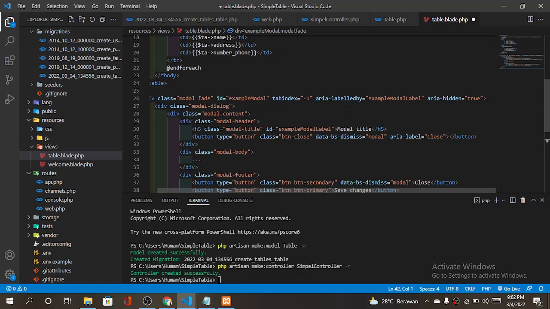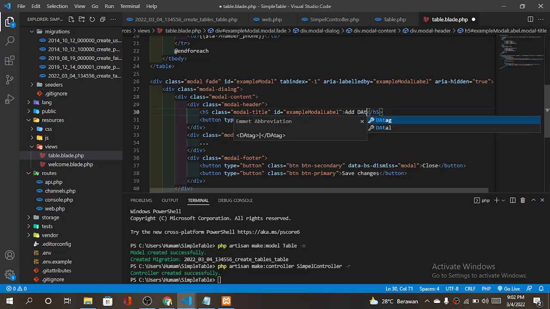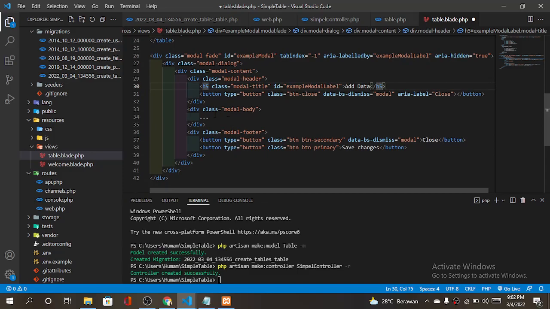After that we must change this name like add data, and after that we make a form from this,